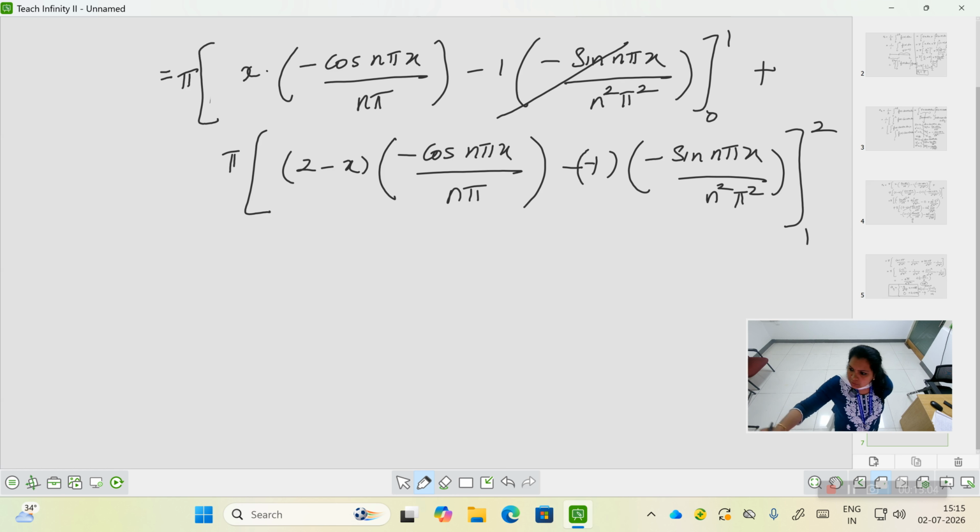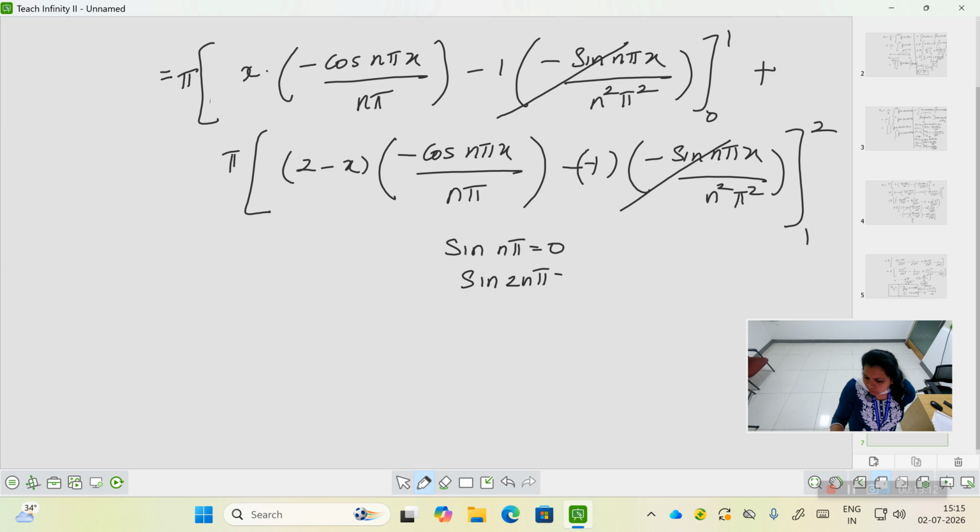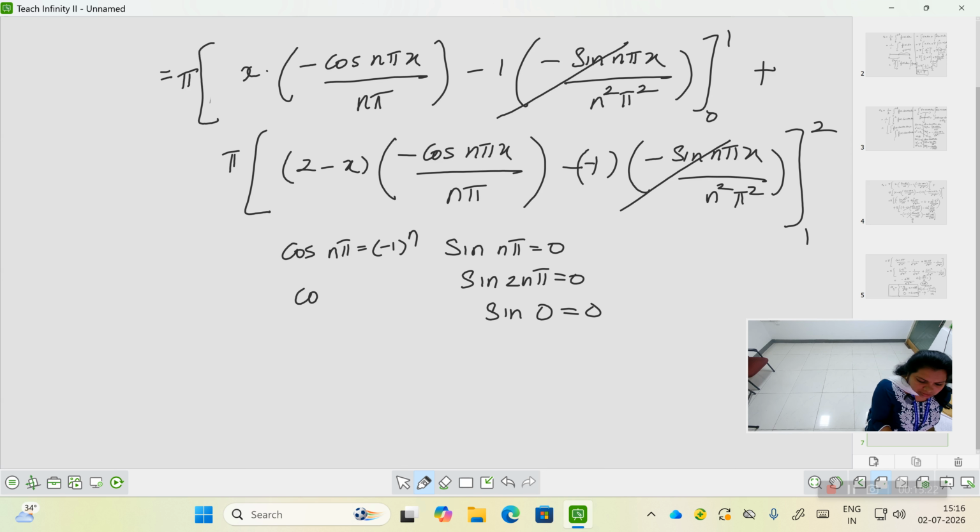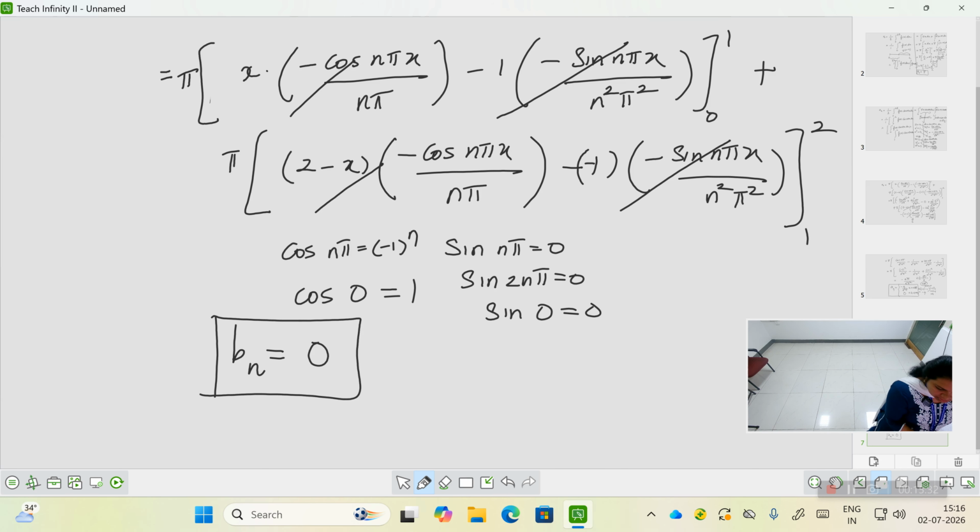So we know that all the sine functions will get cancelled because sine n pi is 0 and sine 2n pi also 0, sine 0 also 0. So all these terms vanish, and cos n pi will be minus 1 to the power n and cos 0 will be 1. So if you look here, this term vanishes and this term vanishes, you get the answer to be 0. Okay, so your Bn value is 0, because we can check the answers here by substituting the values. So now we got all the constants, substitute in your